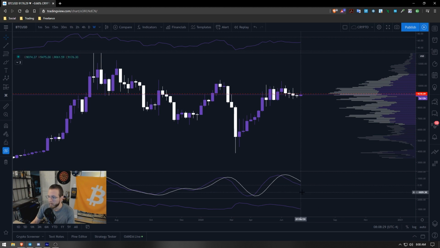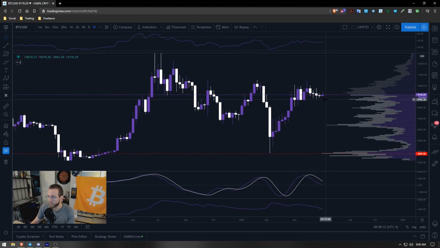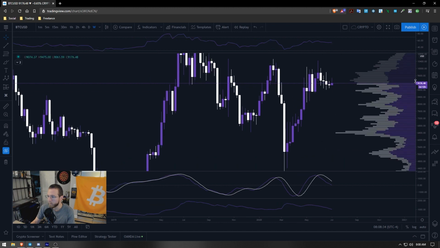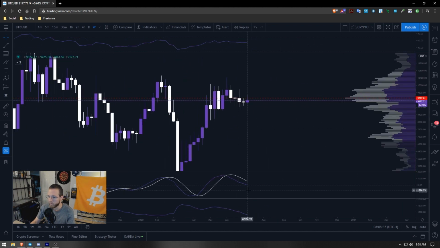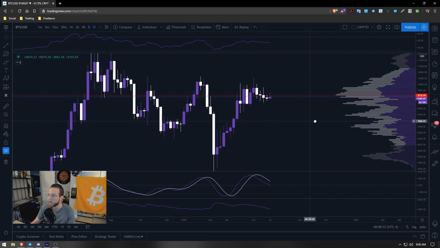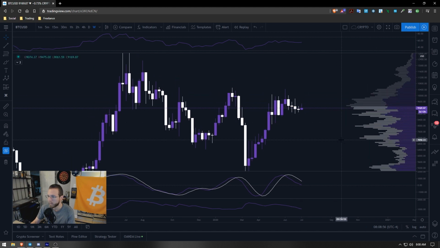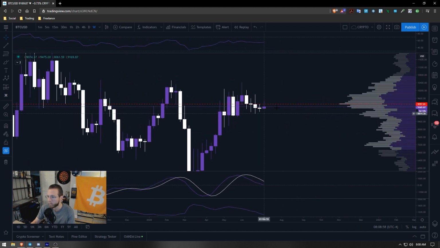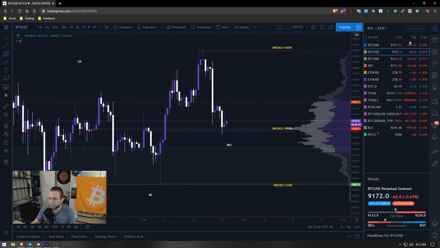It looks like our MACD, if this candle ends up closing to the downside, if we move much lower than this before the end of the week, we're probably going to end up having the beginning of the entrance to the bearish side on this MACD here. The ATR is very low, which means that I expect a move to be coming very shortly. Our RSI is flat. So those are all indicators to me that something is going to be happening very shortly. We're also sitting directly under, if you guys just caught that before it went away, this point of control here.